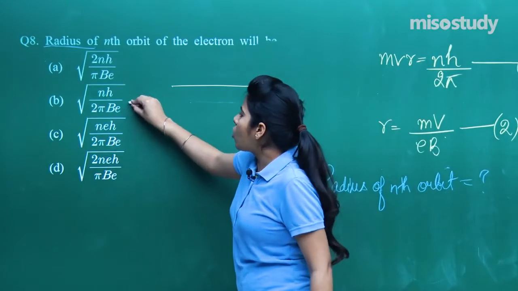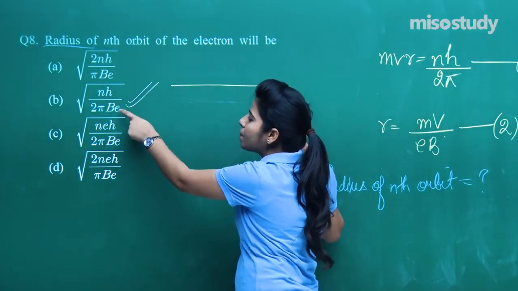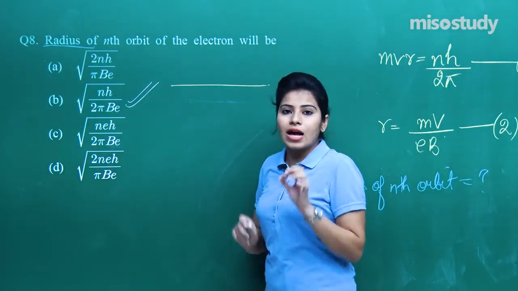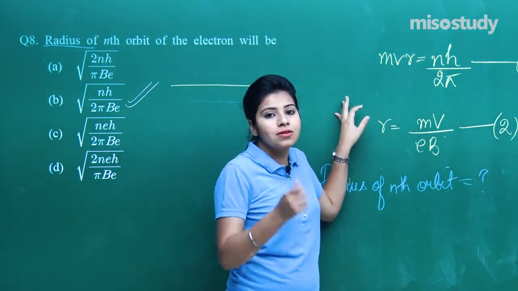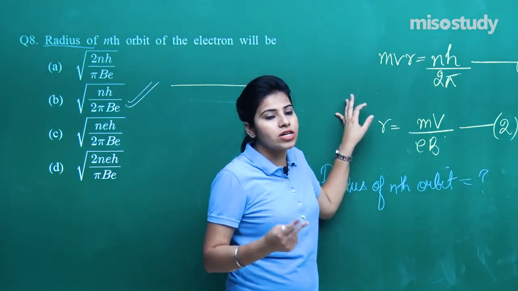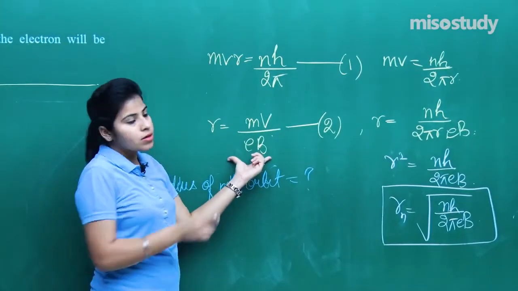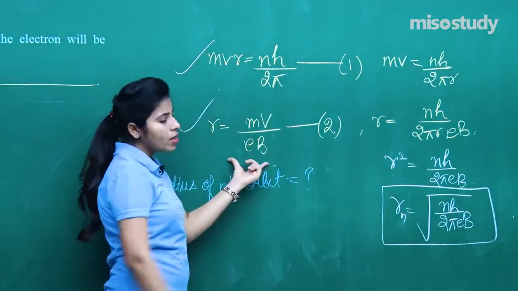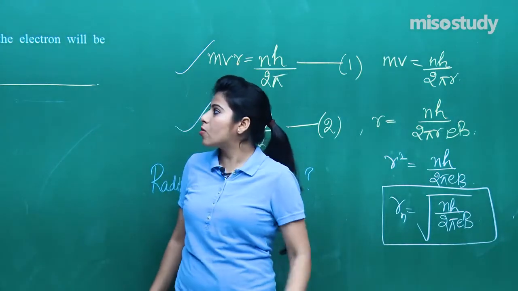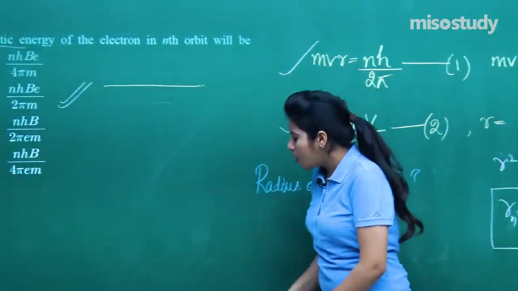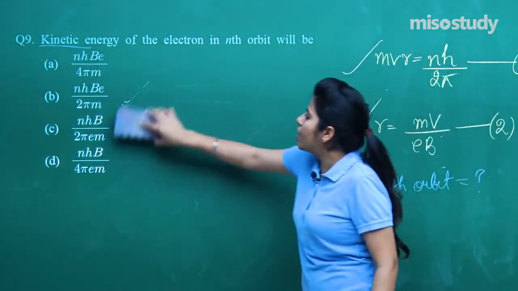So option B, that means r equals the square root of nh upon 2 pi eB, is the correct answer. And this is the correct approach, because two conditions were given in the question. First was this and second was this, right? Now let me see question number 9. Okay, so we have to find the kinetic energy of the electron